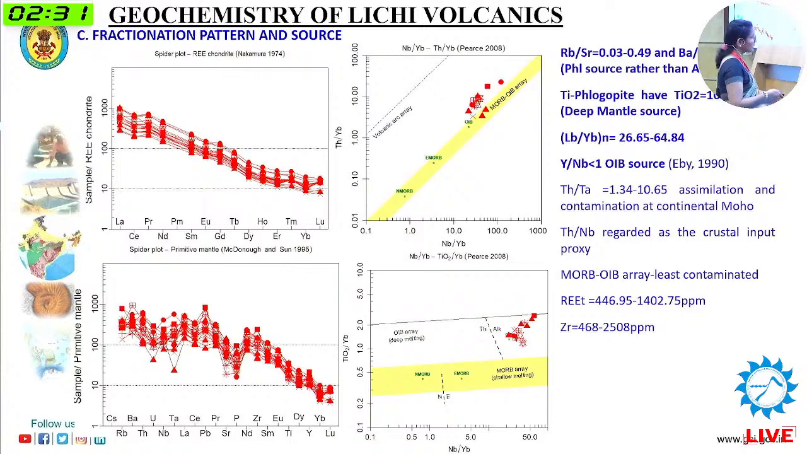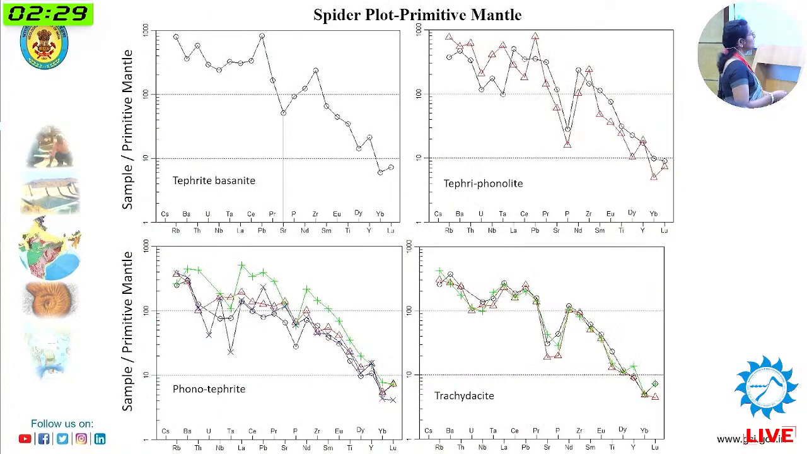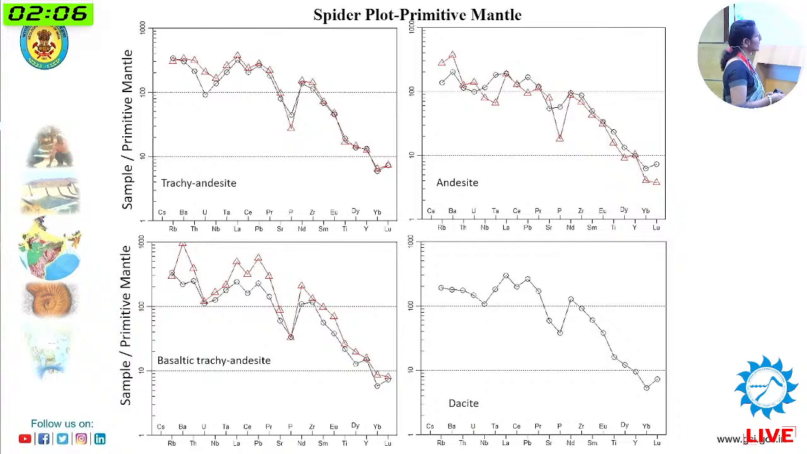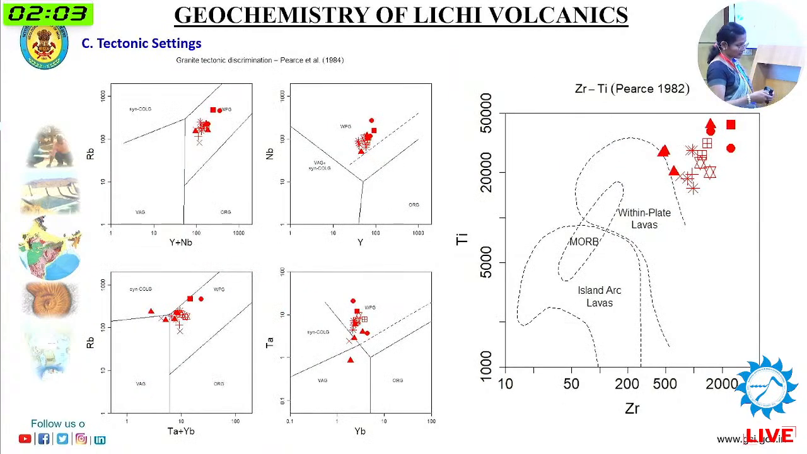So I took advantage of a different type of diagram, the primitive mantle normalized diagram of the trace elements. Here you can see that Sr depletion is there, and some show Nb-Ta depletion. Nb depletion in some places is there. Here also Nb depletion is there, but some do not show any depletion in Nb-Ta. So it suggests that there is a mixing of material within the mantle plume, and all the samples are falling within plate